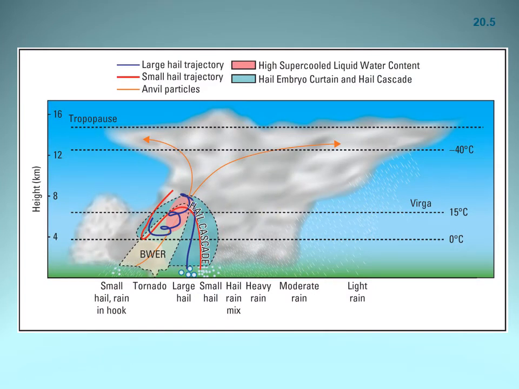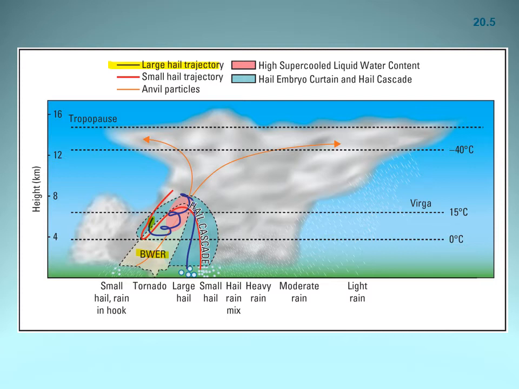This figure comes out of your textbook, at least the 3rd edition, and it talks a little bit more specifically on how hail forms. So there are studies out there using Doppler radar that show that graupel can serve as hail embryos for very large hailstones, and they're believed to enter the updraft along the edge or the periphery of the hook echo. So where you see this large hail trajectory, it starts on the, technically it's called the